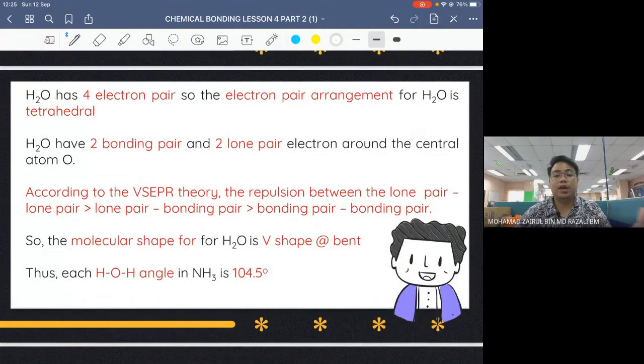So water has 4 electron pair. So electron pair arrangement dia adalah tetrahedral, and water has 2 bonding pair and 2 lone pair around the central atom. And according to VSEPR theory, the repulsion between the lone pair is greater than lone pair bonding pair, and the repulsion between lone pair bonding pair is greater than bonding pair. So the molecular shape for water is V shape ataupun bent, and the H-O-H angle in water is 104.5. Okay, we look at the last example,